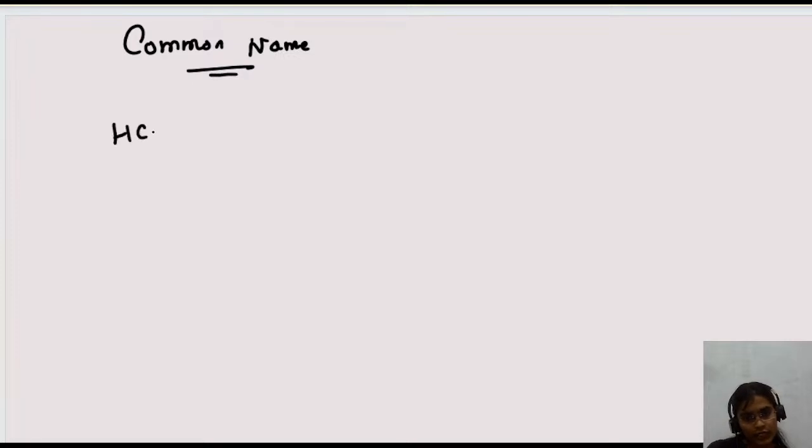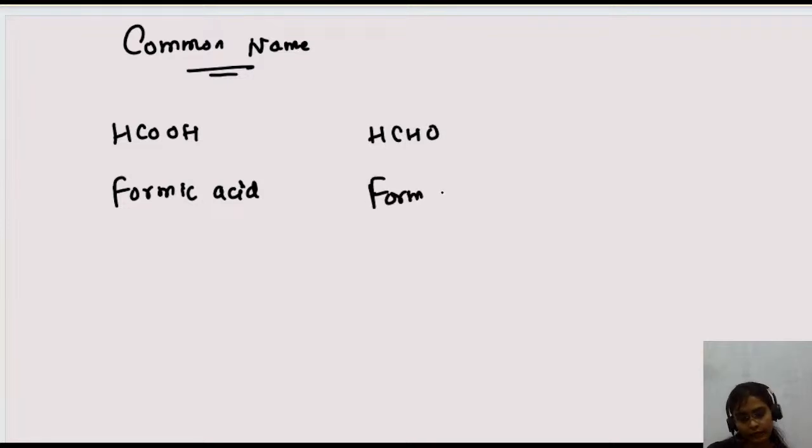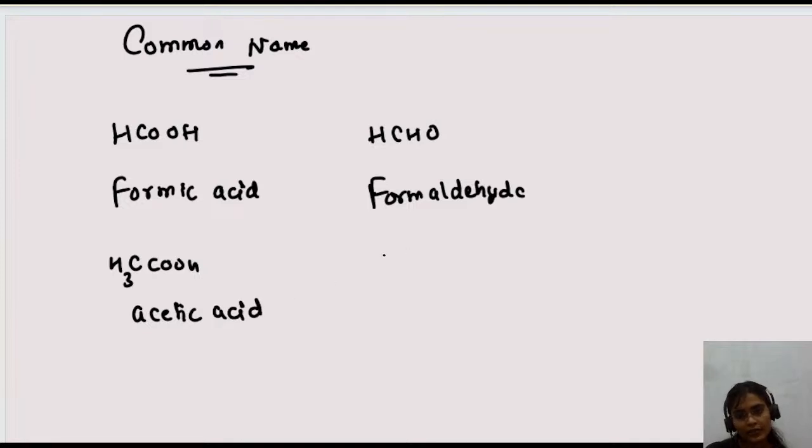Like if this is a COOH, okay, everyone I guess you already know, it's famous for the common name formic acid. Formic acid. Okay, similarly, this is a CHO, it's formaldehyde. Next one is CH3COOH. This is the basic class question, acetic acid. Where is it present? That is vinegar. And similarly, if I'm using CH3 and a CHO, it becomes